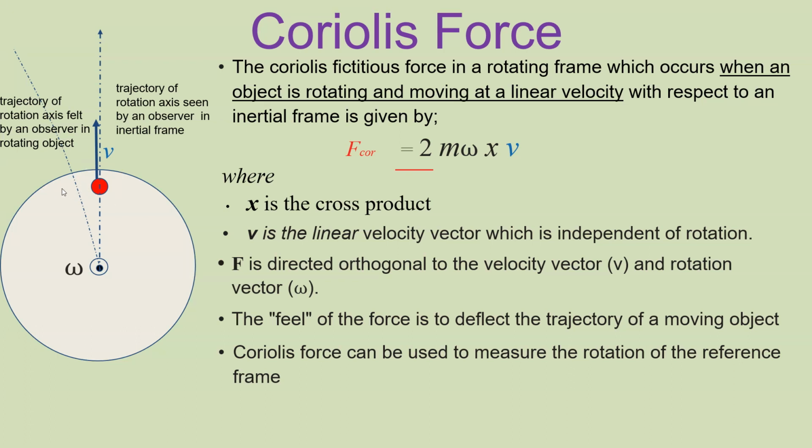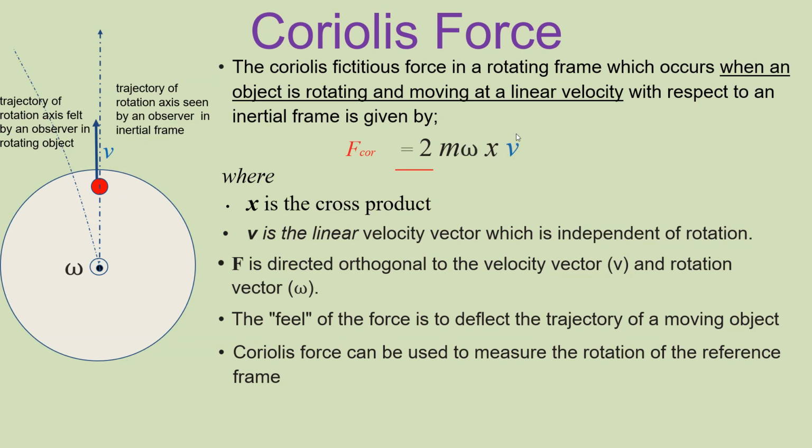We don't take that rotational velocity into consideration here. This is linear velocity, which is external. This velocity results from some external effect, not from the rotational effect. So this v can be in any direction, based on the direction in which it is moving linearly, independent of rotation. And based on that rotation, where this Coriolis force applies can change.